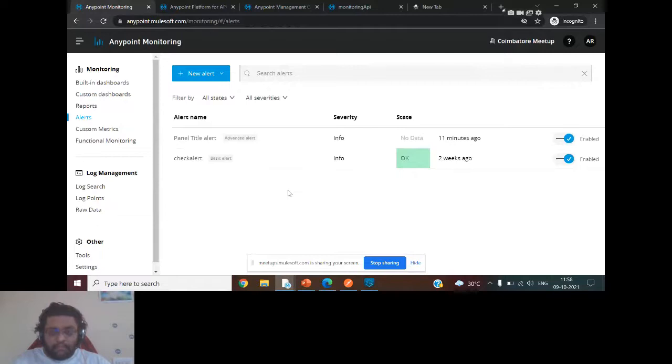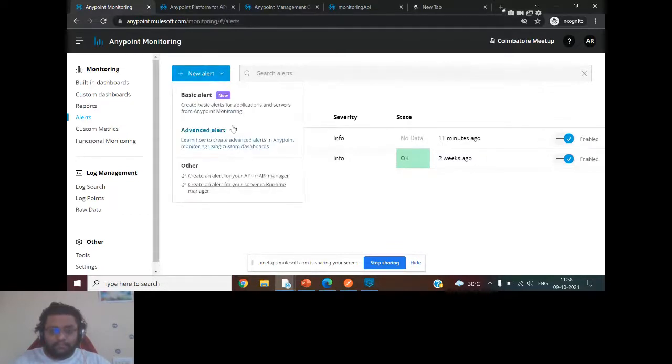You can implement several types of alerts. In the alerts page you will see basic alerts and advanced alerts. This point is very important: you have to understand that alerts are available as part of monitoring, as part of Runtime Manager, and as part of API Manager. Let's check what a basic alert is, and then we'll try to create one.